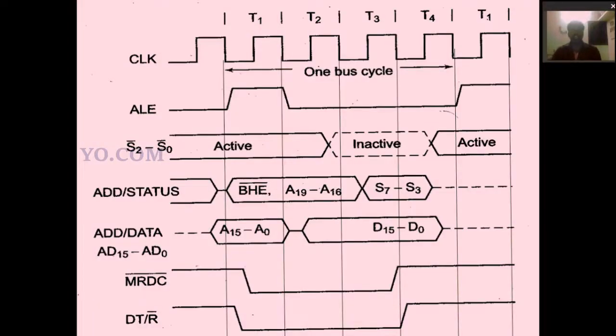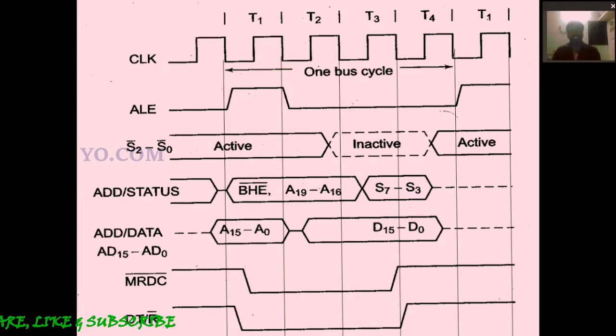Okay, right. Then the read write cycle of the maximum mode. The maximum mode and minimum mode are somewhat different, but the concept, everything is the same. So in the maximum mode, the clock signals are the same. Actually, we are using 4 clock pulses, T1, T2, T3, T4. That is 4 T states. So the ALE is the same as in minimum mode.